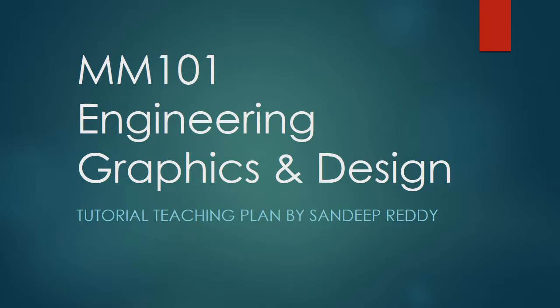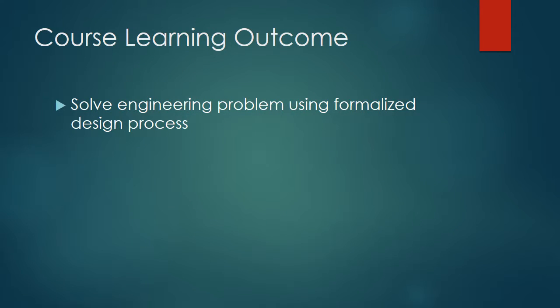Now for my MicroLED I have chosen a tutorial class from MM101 Engineering Graphics and Design, and this course is a core Bachelor of Engineering course which is undertaken by students in the first semester of their first year. So this course has 5 learning outcomes, and for this tutorial we focus on solving engineering problems using a formalized design